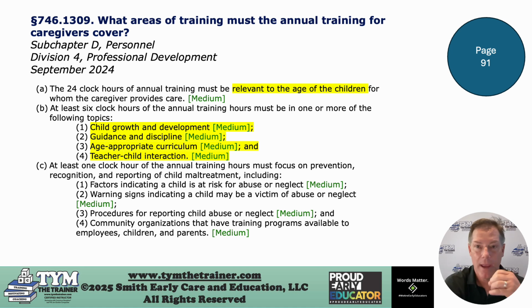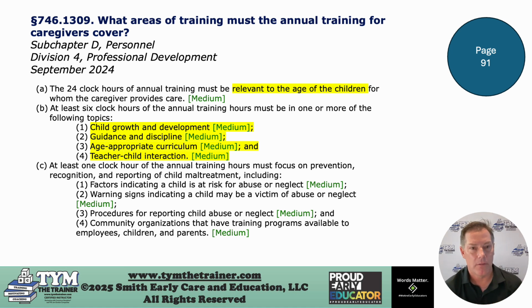From time to time, we have to step into other classrooms and sub or cover that classroom, and that's part of the job responsibilities. Make sure that's in the job description or job responsibility list, and then you can count those hours. Those of you that are floaters, those of you that work in multiple different age groups, just make sure that is outlined in the job description, then those training hours will count.